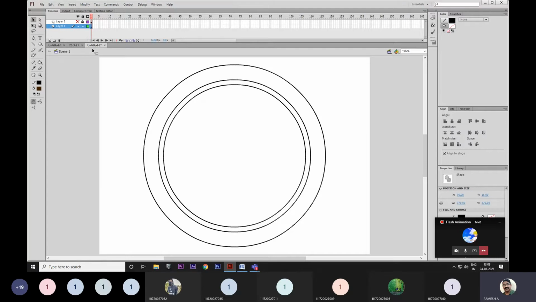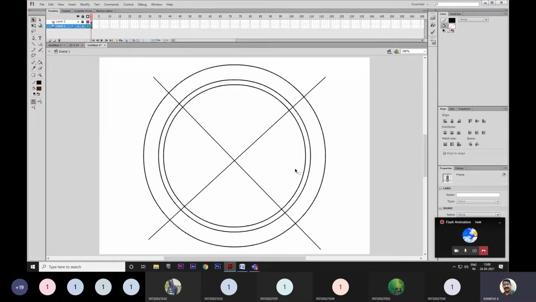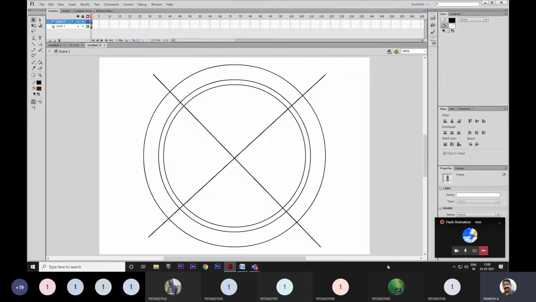Now what I'm going to do, I'll open this layer 2. We'll adjust the circle and check whether we can find the exact center or not. Okay. Now I will take one small dot to find the exact center point.